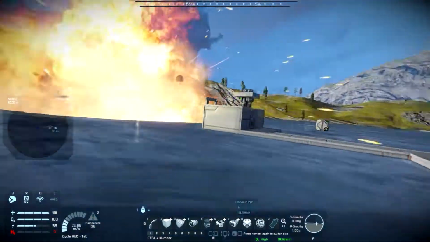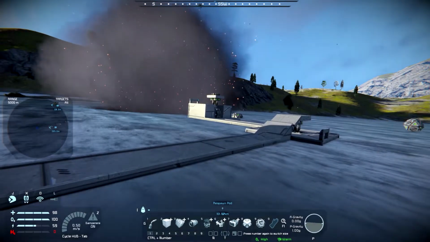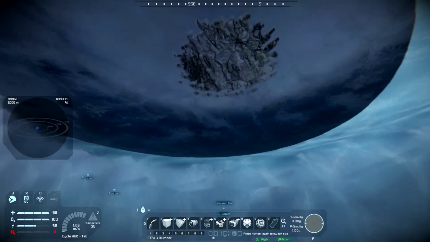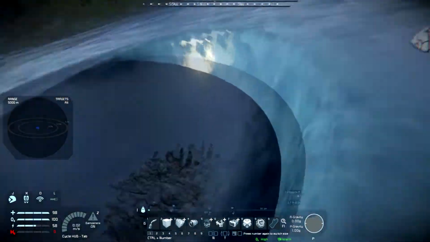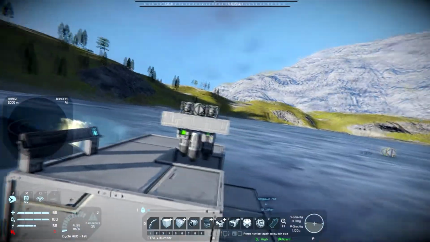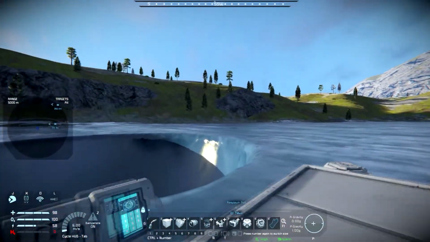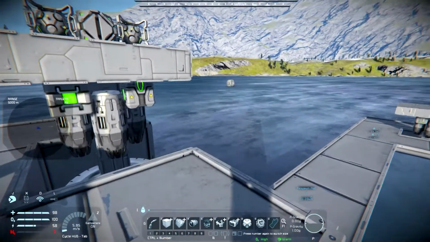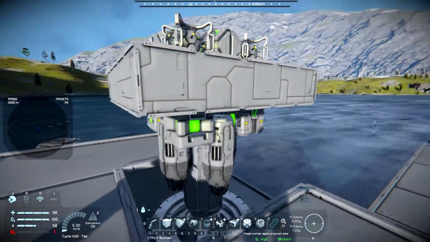Go! See, look at that. Ooh. That was a little bit more of an explosion than I remember it being. Alright. So that just gives you an idea of some of the ways that you can use this setup pretty